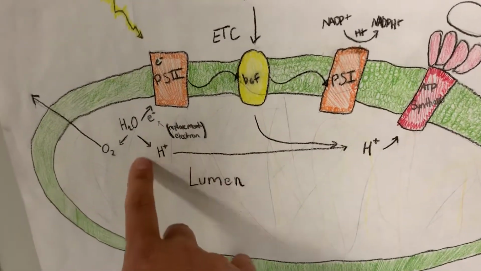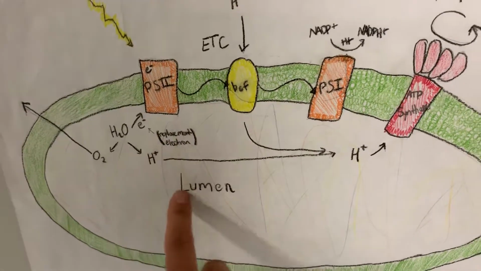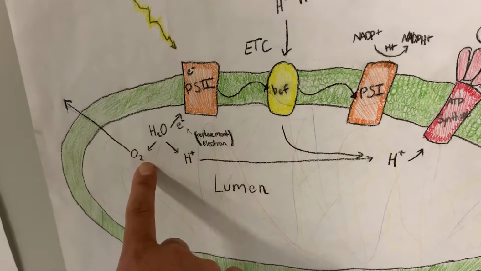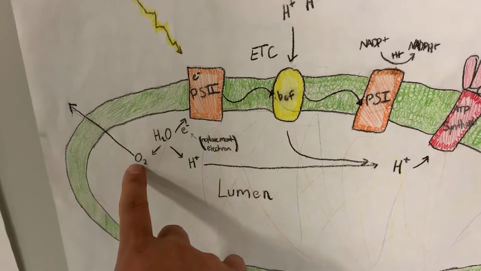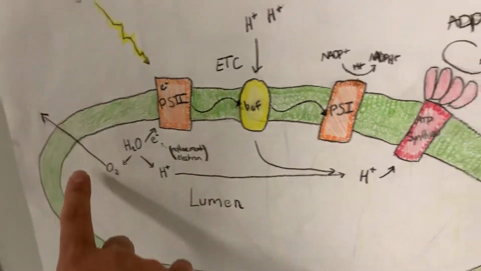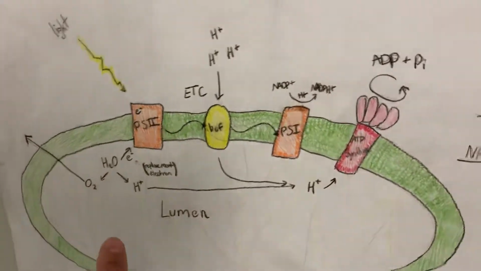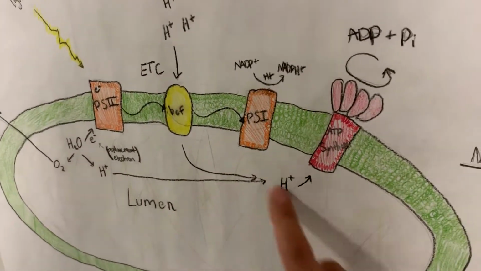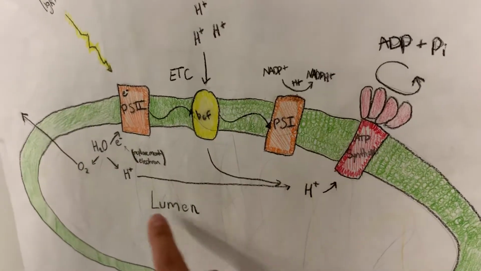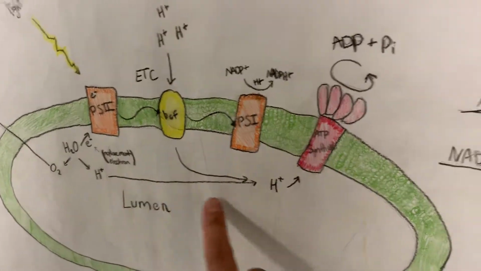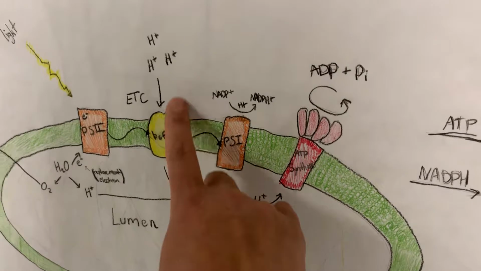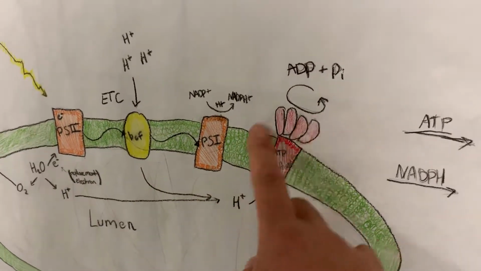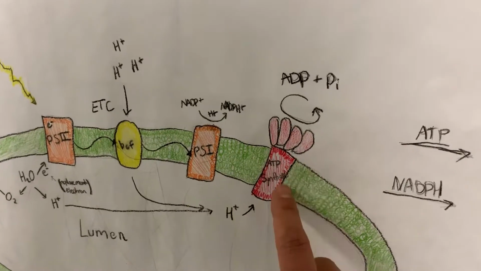This hydrogen goes to just build the gradient inside the lumen here. And that oxygen combined with another oxygen is going to become O2, and that's released to the air. So now that we've got a hydrogen concentration gradient being built here because of the hydrogen from the water and the hydrogen that's brought in through the electron transport chain energy, now we've got this enzyme sitting here called ATP